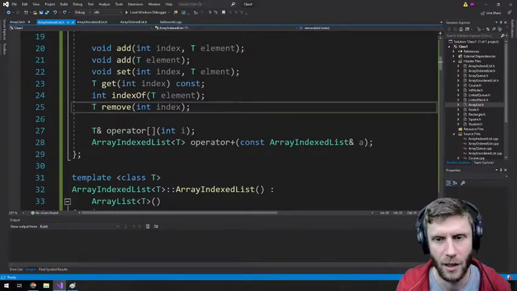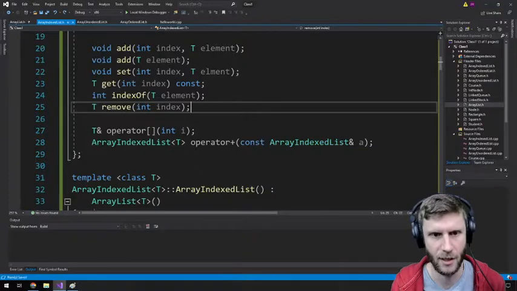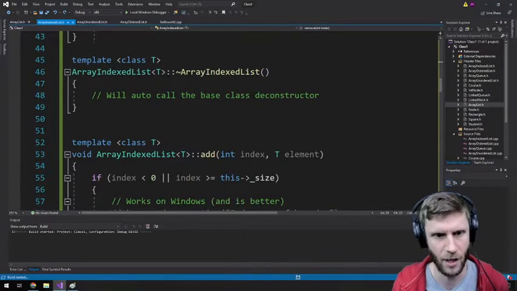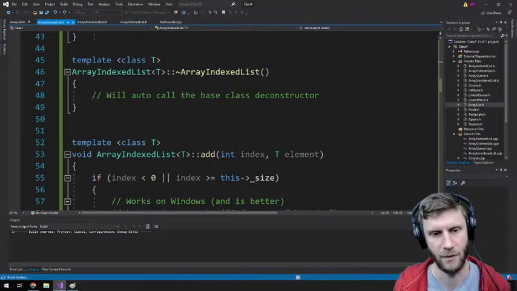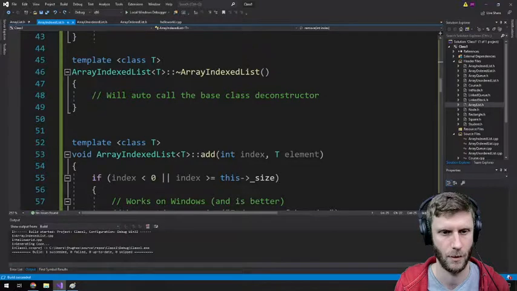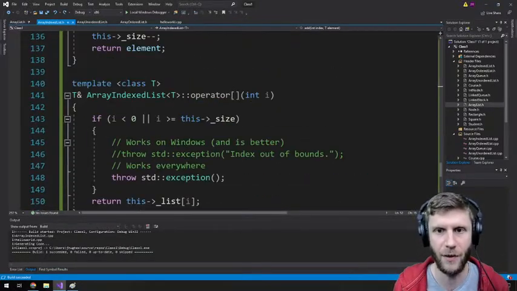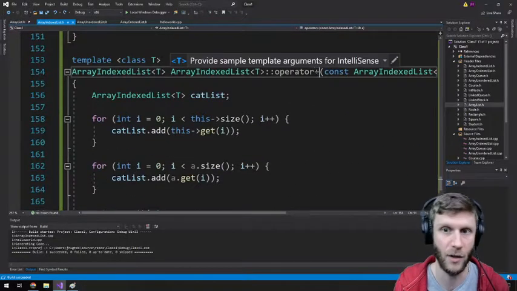Wait. No, but then that was constant. Did I not fix it? Yeah, pardon me, let me make sure I didn't hit some undos. I'm building it just to see if it works. Okay, cool. So you might remember when I called this function down here, when I used the operator plus,